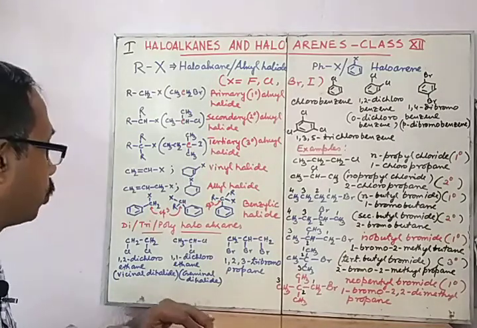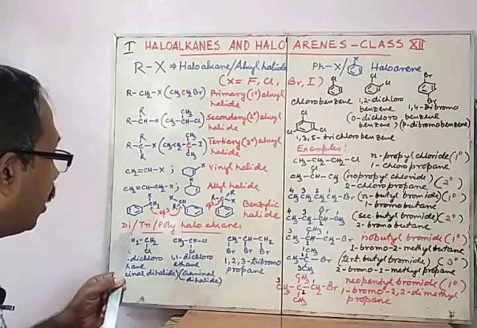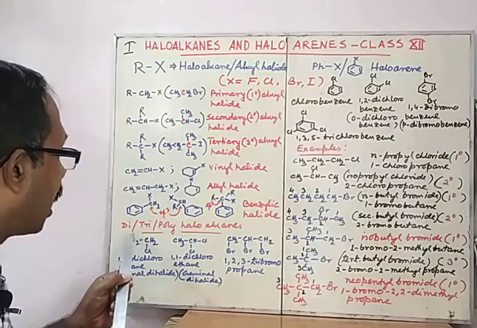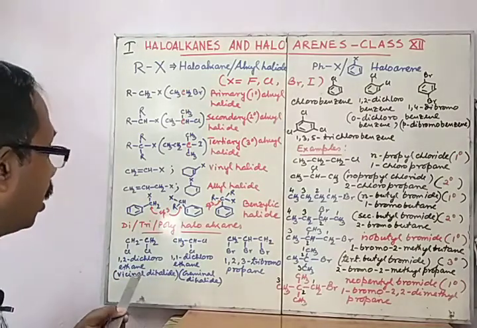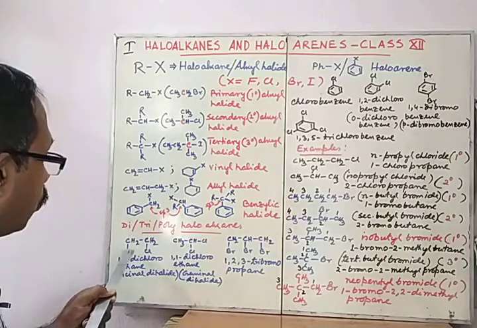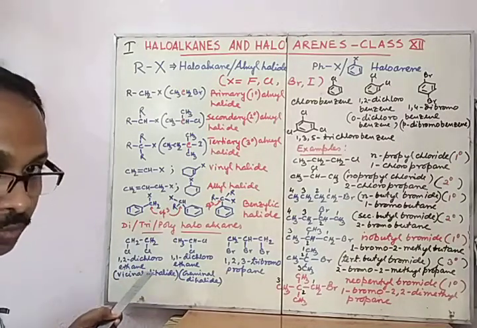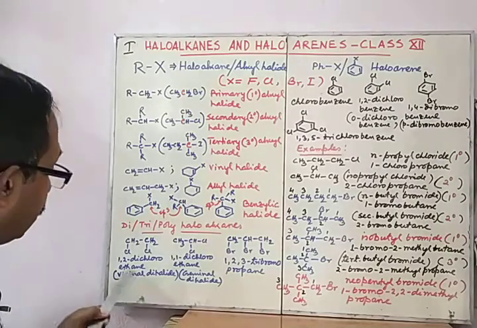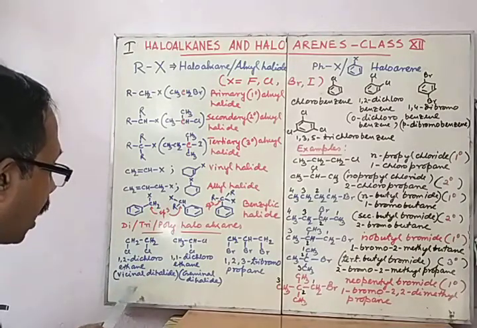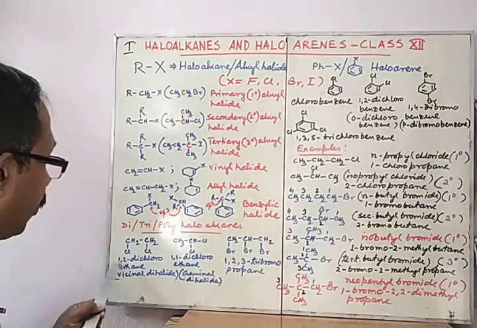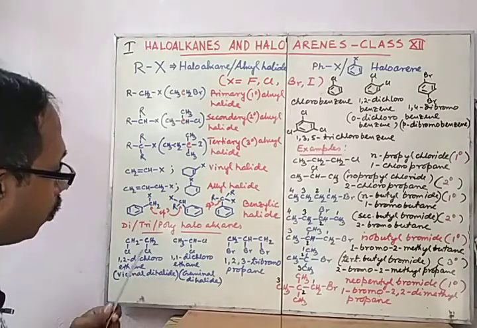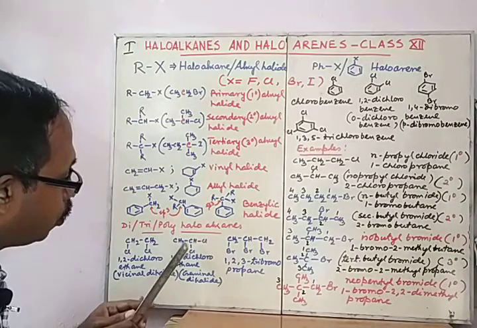Now in some compounds we can follow dihalogen, trihalogen or polyhalogen compounds. So di, tri or polyhaloalkanes can be stated. Now we can follow here two adjacent carbons holding halogen atoms. It can also be stated as vicinal dihalide. So two adjacent carbons holding the halogens is called a vicinal dihalide. I have given the example 1,2-dichloroethane.